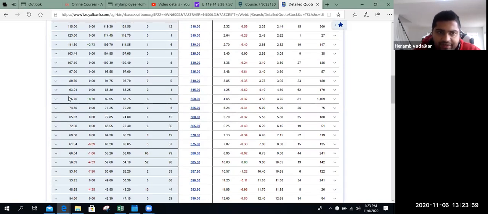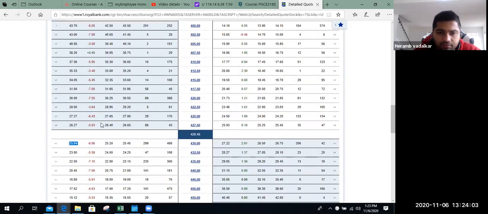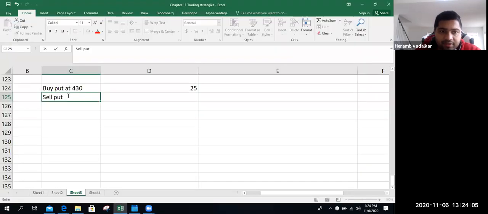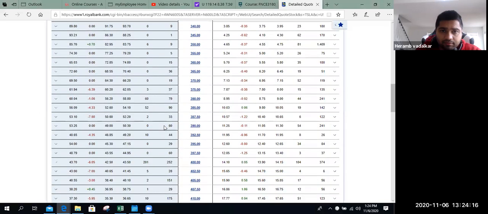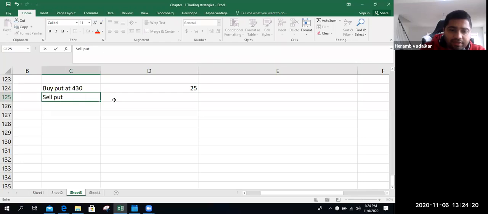It will be within that. Sorry, higher price. This should be buy a put at higher strike price. Yeah, actually it's okay. So sell a put at,